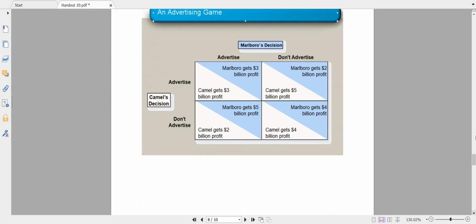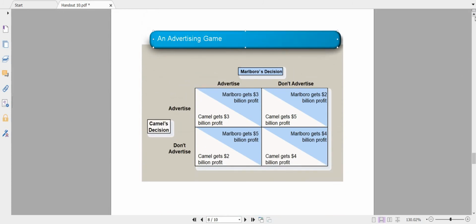Similarly, there is another game which is the advertisement game, and it's between two companies, Marlboro and Camel. Both make cigarettes, and both are facing this dilemma whether to advertise or not. Of course, if both don't advertise, they're going to save billions of dollars, and you can see from the payoff matrix that Marlboro is going to make a profit of 4 billion and Camel is going to make a profit of 4 million. So this can also qualify as a cartel outcome, because this is the best strategy for both parties. Both parties will mutually agree to it.